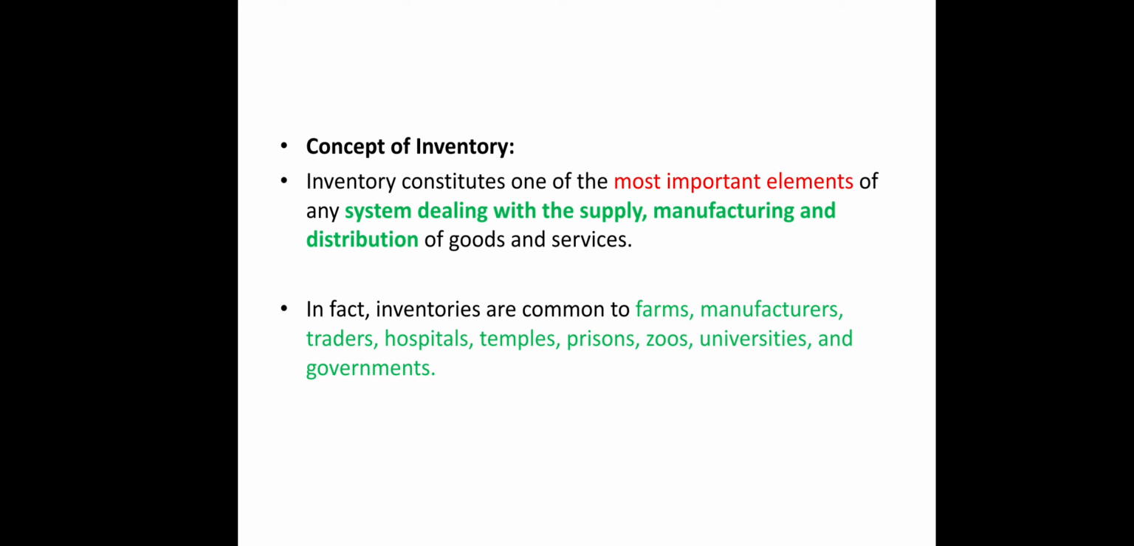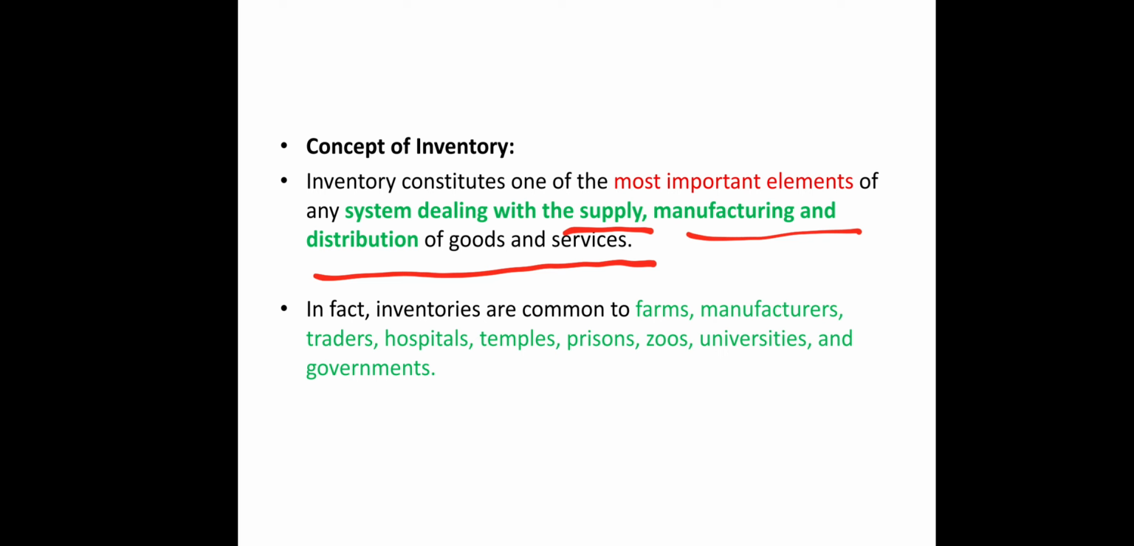So we can see the concept of inventory. As I told, inventory is associated with the procurement of material, storing of material, and using of materials. Material in the sense the raw material as well as finished goods. So inventory constitutes one of the most important elements of any system dealing with supply, manufacturing, and distribution of goods